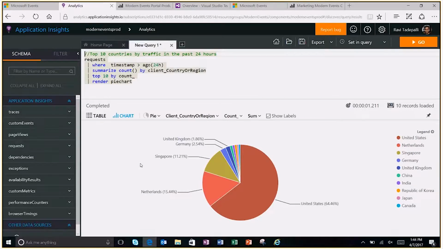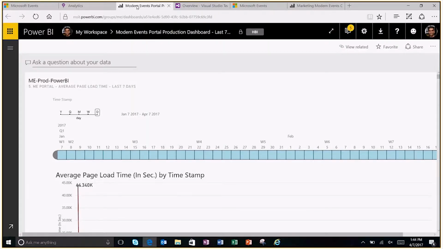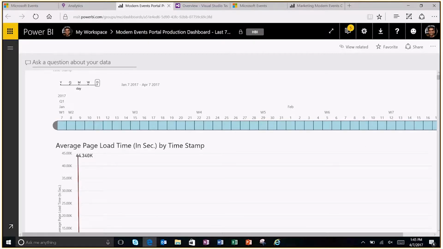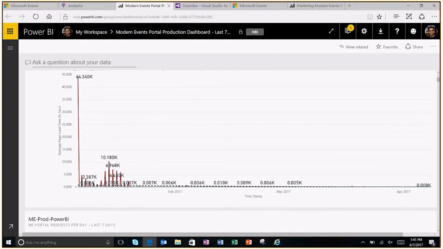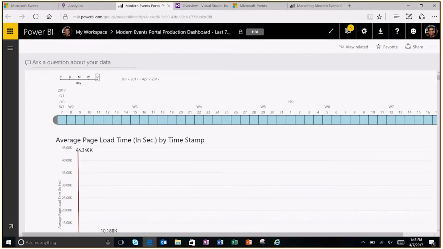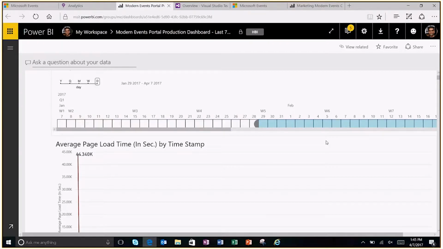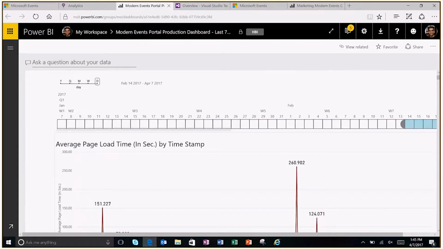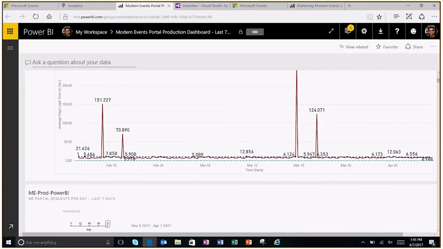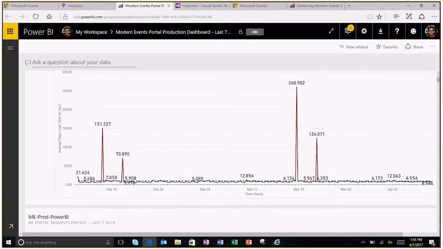But what we have built is a Power BI interface so that we can get all this data and run our own reports. When you look at some of the reporting that we have on Power BI, this is how we track the insights on what's happening to our site. This gives the average page load time for the last 6 weeks. Let me reduce the timeline to just April, and you would see that the average, in seconds, is loading in 6 seconds in some cases.